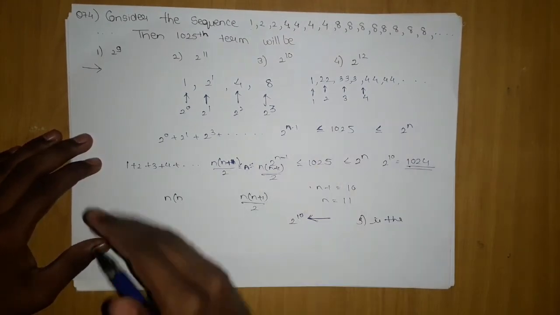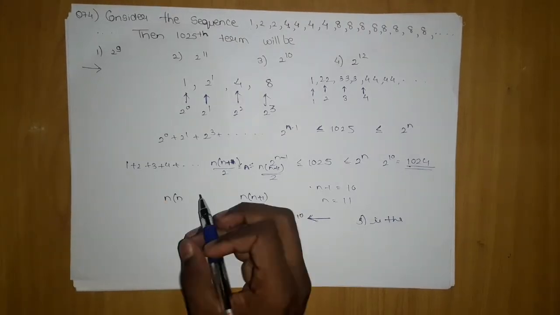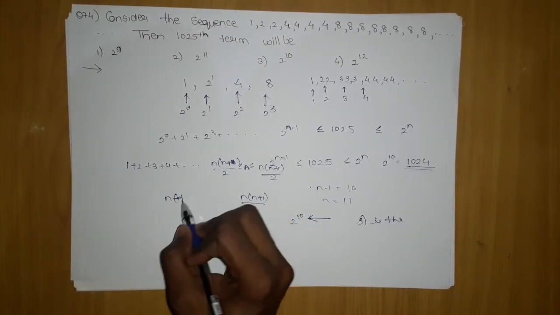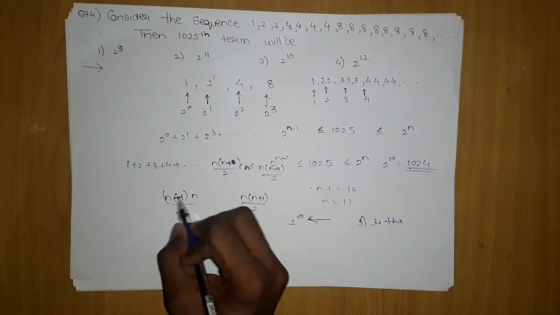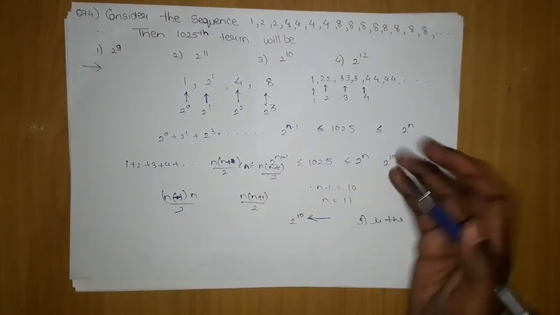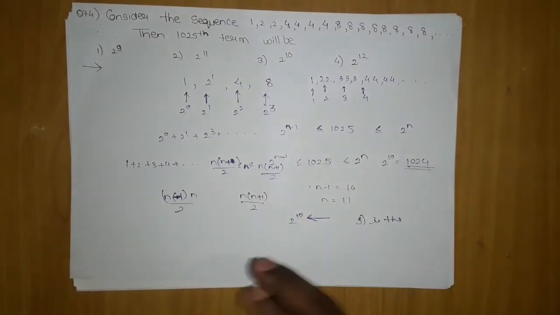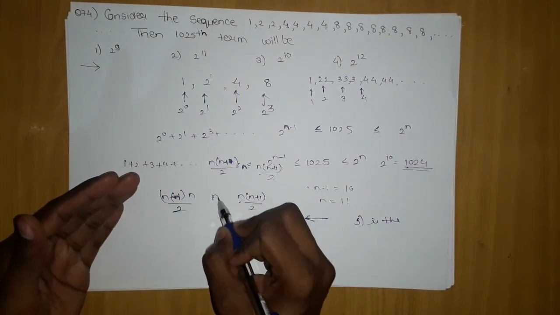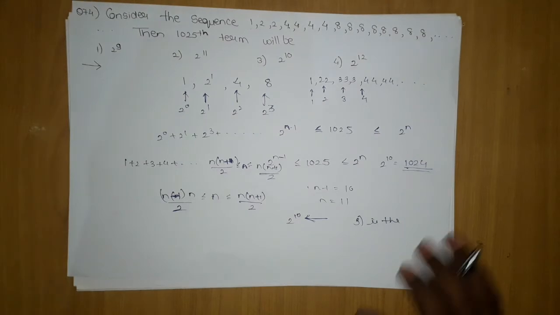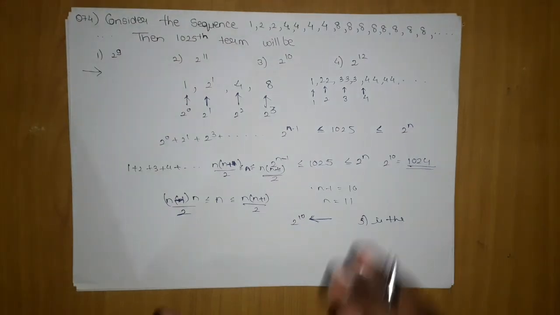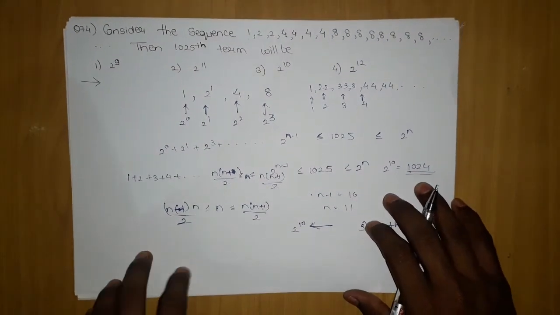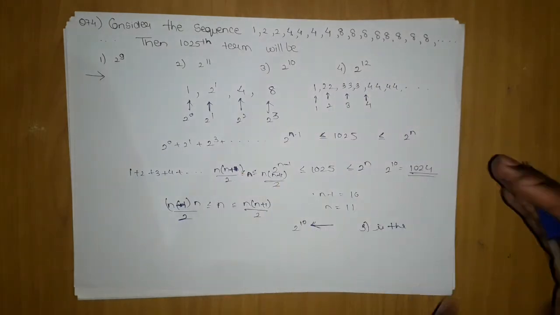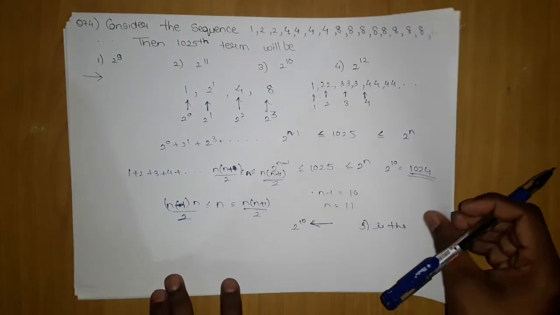And before that n minus 1, which will make it n minus 1 into n upon 2. Instead of n, replace n minus 1, because it was between n and n minus 1. Similarly here you have to place it between n minus 1, and just take the lowest common possible, and then get the answer. That is the concept used in this type of problems where the numbers are repeated in a particular GP pattern. Now let's move on to the next problem.